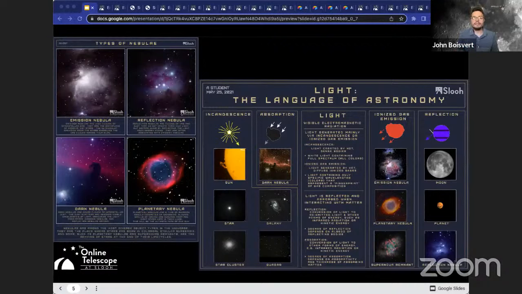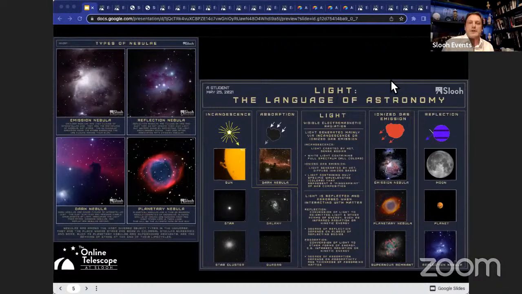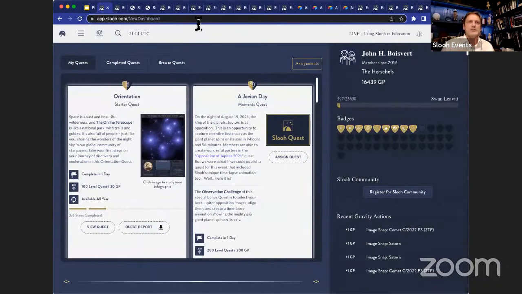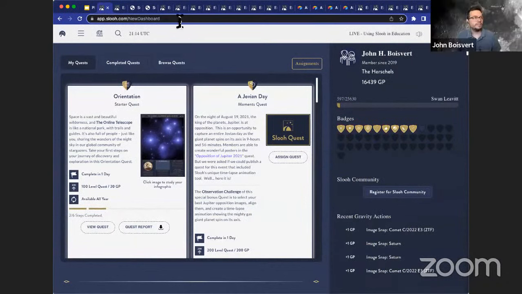So Nifty Nebulae, as the example quest, how has that changed when you take us through this quest? And it's important also to stress that the structure of quests is all very similar, isn't it? So you don't have to keep learning how to do each activity. They're structured in a very similar way. That's right. And I do have examples of various kinds of questions and assessments that your students will see within the quests. Now, I want to show you.